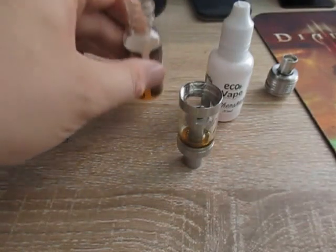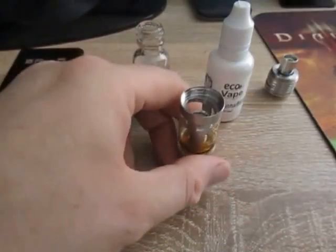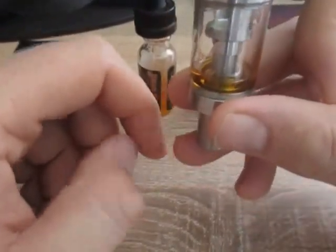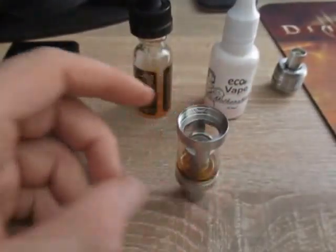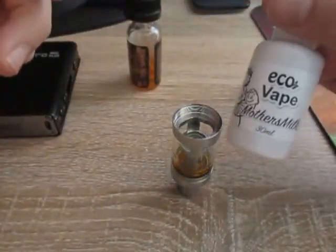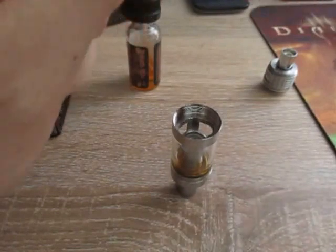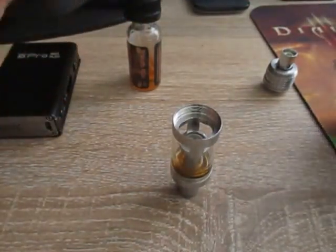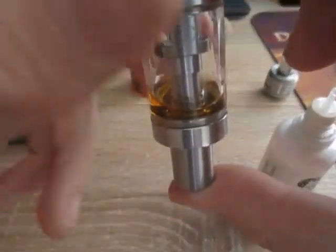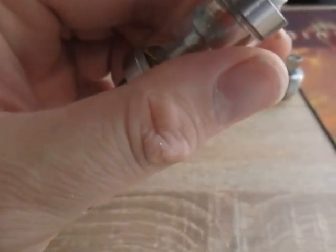I'm only getting a little bit of juice from this pipette at a time. It's not a very good pipette, but that'll about do. So we've only put in just under a quarter tank. That's all we need of this liquid, because we've put all the liquid in the coil to start off with, and that flavour will stick. So we're not really diluting it, because we're diluting it with a knockoff version of the same flavour, which just isn't quite as good. But we've got enough of the original there now to sustain. So when I fill this up with the cheaper juice,